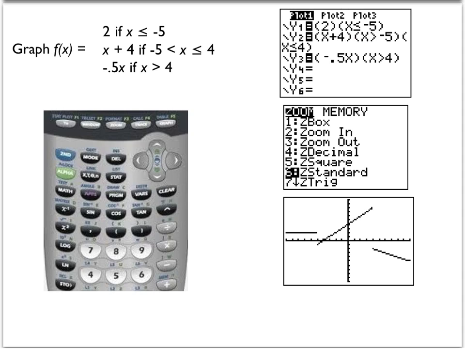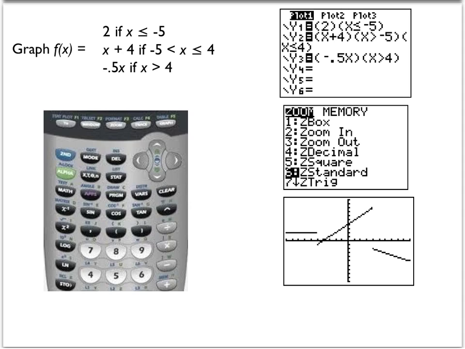Notice when you enter this in the graphing calculator, you have to split that up into two inequalities. That does mean that x is greater than -5, and also that x is less than or equal to 4. So you have to split those up, each in parentheses. And here's the last option there, the